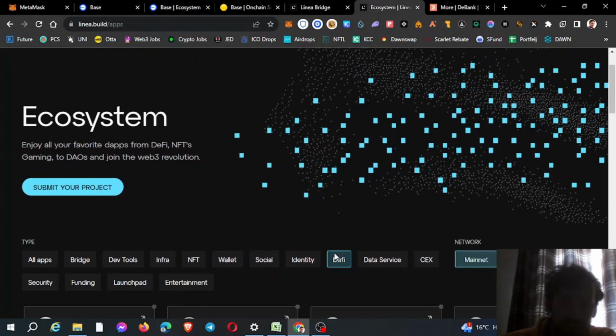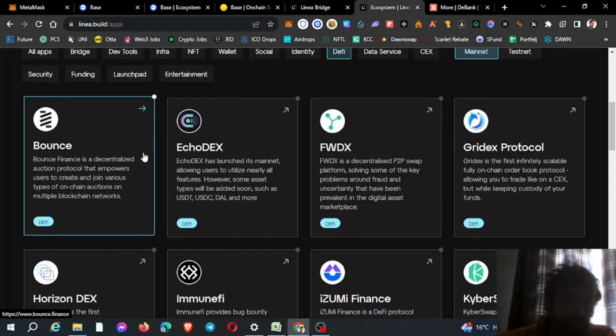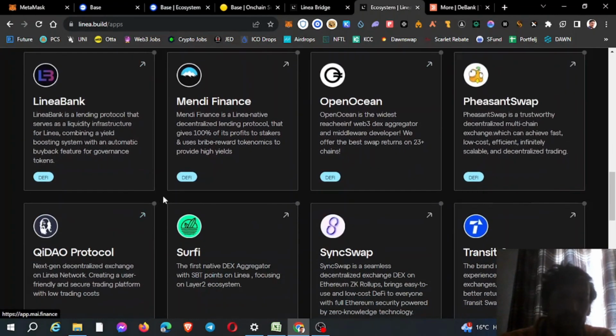I like to also go in DeFi sector, and you've got many DEXs here. It's just super easy to get transactions in on a DEX because you can swap into a token, you can provide liquidity. It's one of the more simpler things to do. After you've done a couple of these, you can have fun with the rest of the ecosystem, but just make sure to get your transactions in at least monthly, because as we know for Optimism and Arbitrum, the criteria has